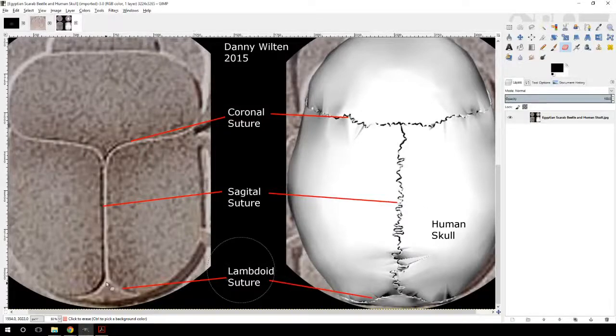And then down here, the lambdoid suture that you can see right here that's split right here is doing the same thing on the skull. Okay, so R.A. Schwaller-Lübeck's diagram was kind of rough, and so probably many people skipped over that, but I knew